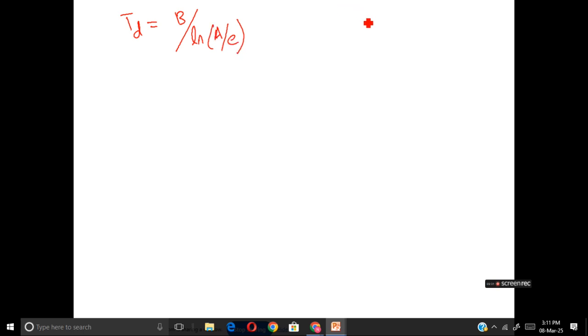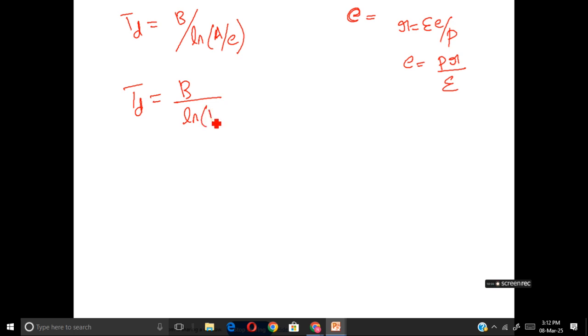Now we know that the vapor R is basically the mixing ratio in terms of vapor pressure. We can write it as R is equal to epsilon into E by P, the vapor pressure divided by the pressure of dry air. So from this we can write E is equal to P into R divided by epsilon. So if we substitute E in this equation, it will become TD is equal to B by log of